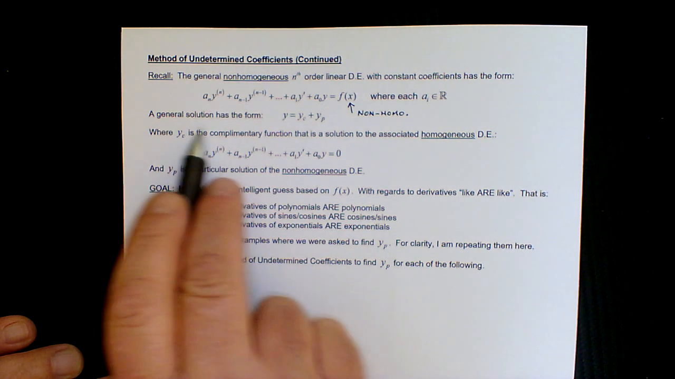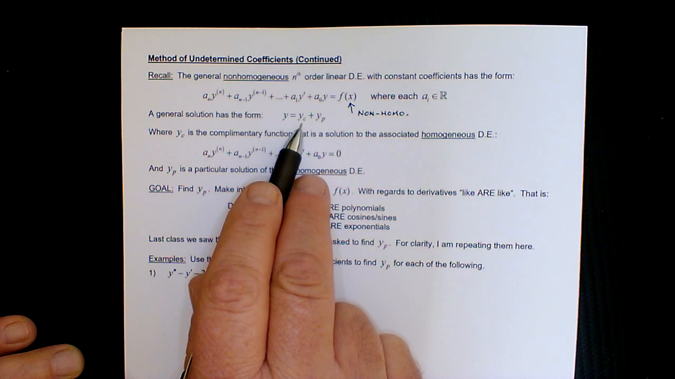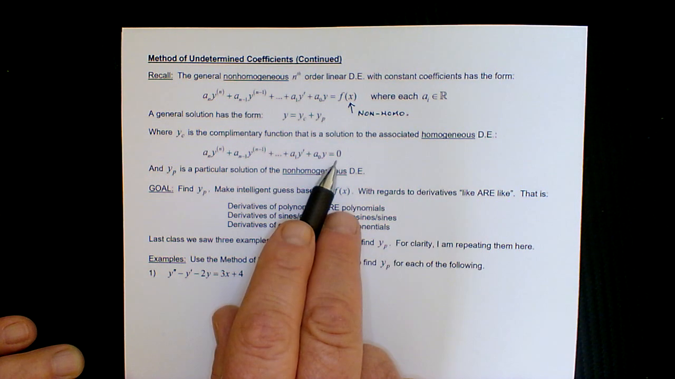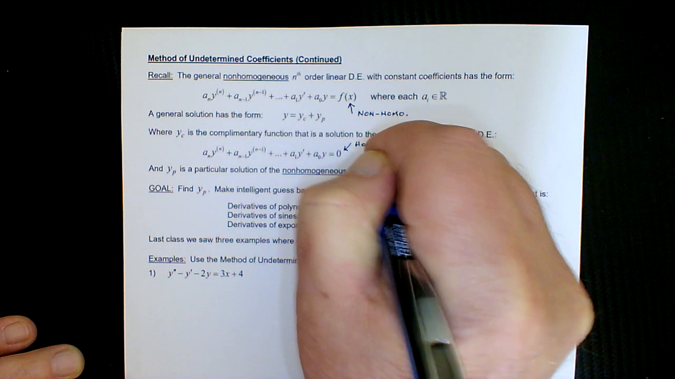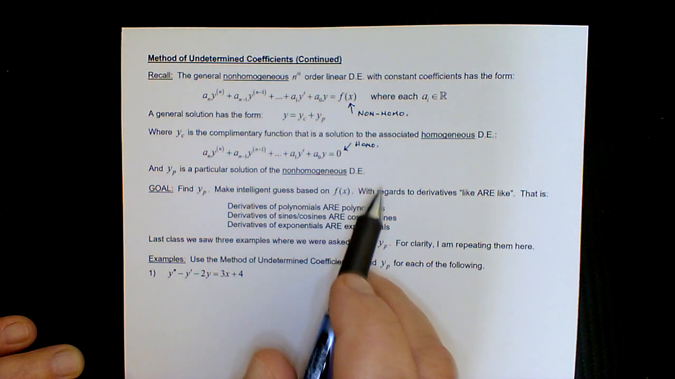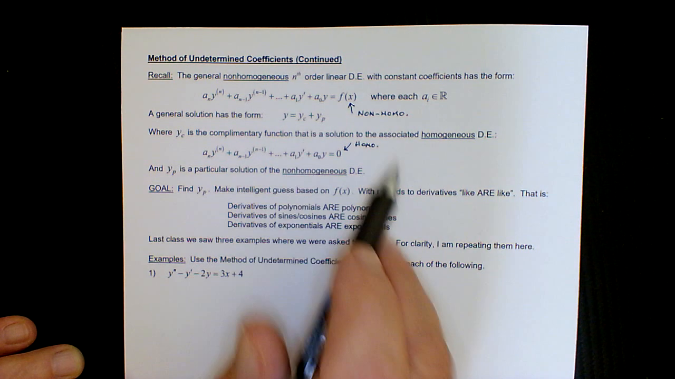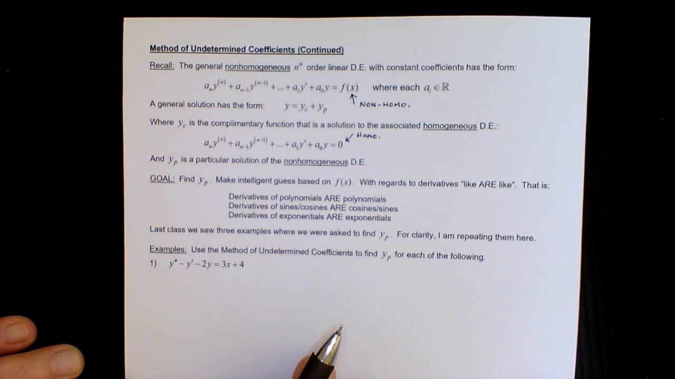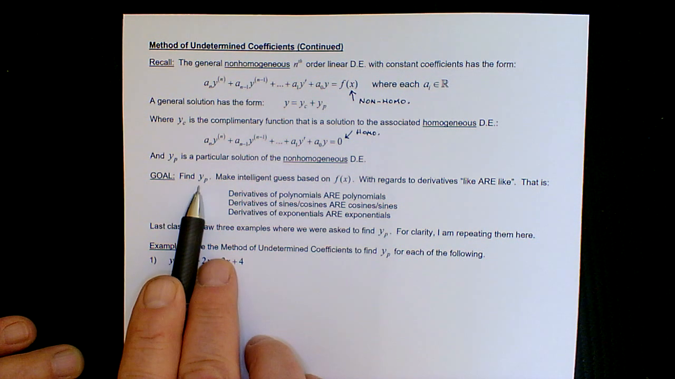And we had seen in the past that a general solution is composed of two parts. What we call the complementary function, which is the solution to the associated homogeneous. So you can see it's 0 on the right hand side. That's what makes it a homogeneous equation. And the particular solution, which is a solution to the non-homogeneous differential equation. So since we've mastered studying solutions to the homogeneous, then our goal now is to find the solutions y sub